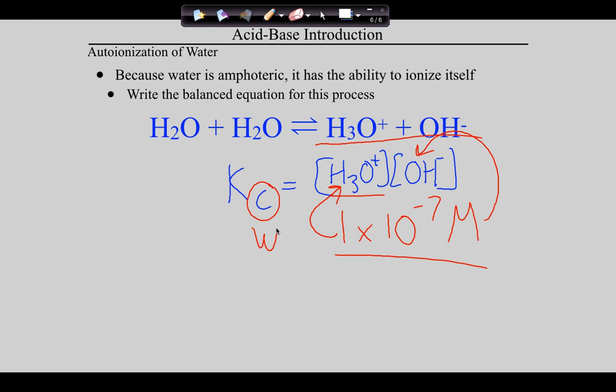Notice here they left out the hydroxide. They are simply saying that the water's breaking apart. We understand that that hydrogen is going to another water to form hydronium, which may have been what you were getting at earlier. So guys, notice what we've got. Hydrogen ion concentration times hydroxide ion,